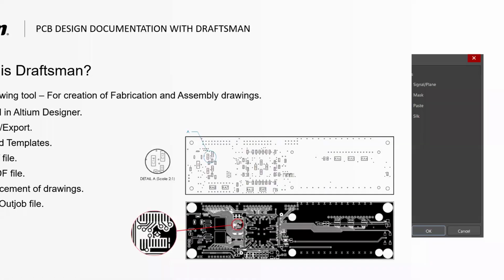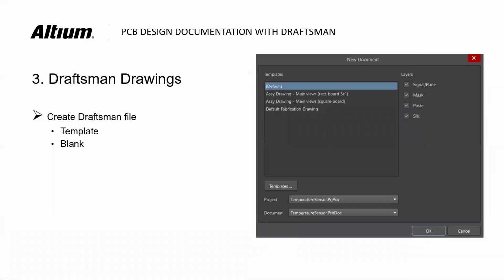Now we will see about draftsman drawings. If you go inside the draftsman drawing, the first step will ask you what type of template you want to use, whether you want to use a template or a blank sheet. You can choose it from this page. You can see there is a default, and by default there will be nothing on the page. You can draw, add in a template, and place all your drawings. If you want to add a template, you can see below there are some default templates available. You can also create your own board as a template and add it. Later we will see in the demo how to do that.